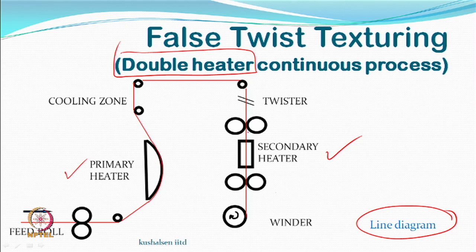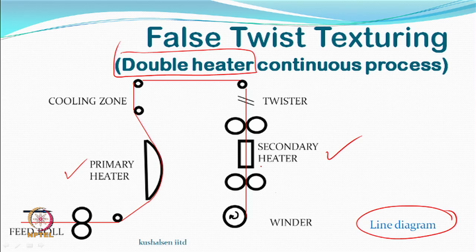So, in a normal case we would have withdrawn the yarn from here, but now what are we doing? We are passing it through another heater, which is called the secondary heater, and then there is another set of rollers here, in between which we have the secondary heater. Of course, there will be space, and this also will have a chance to get cooled. And what do we remember now here?